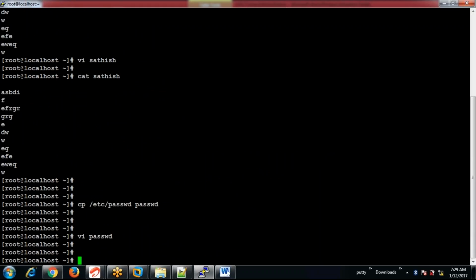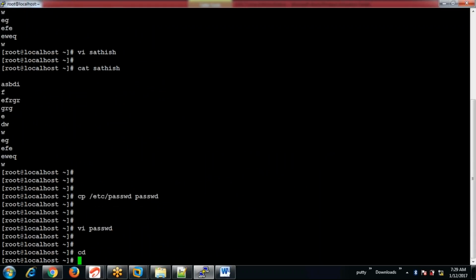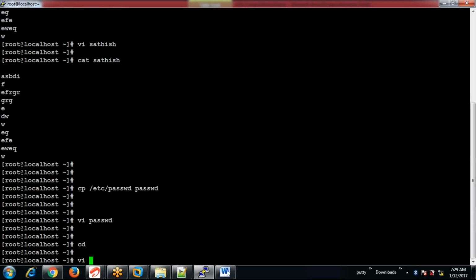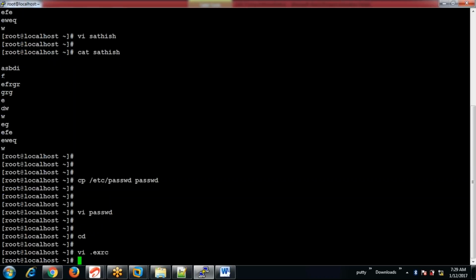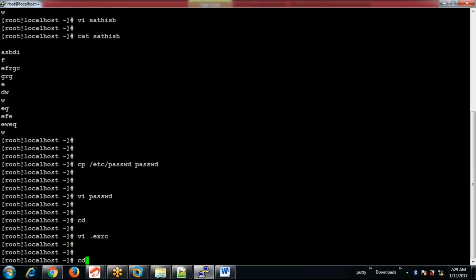Instead, to make it a default, being in your home directory, create a file .exrc and just put the command set nu in it, so that in all the VI files you can see the line numbers without making changes.